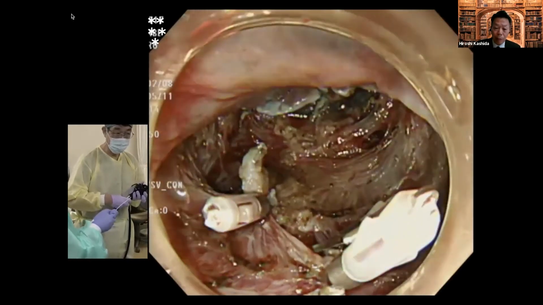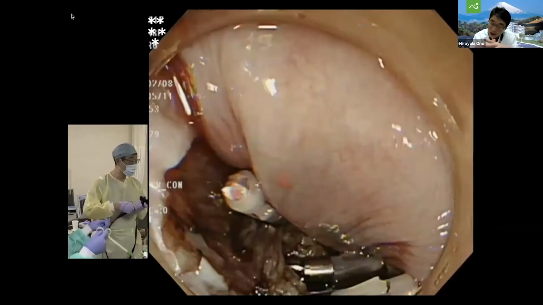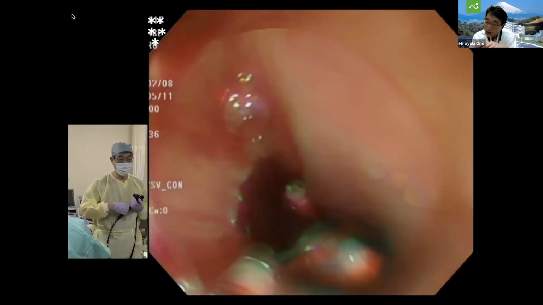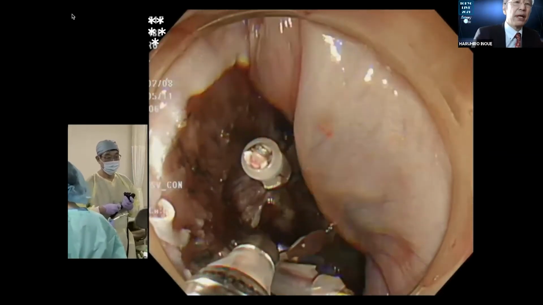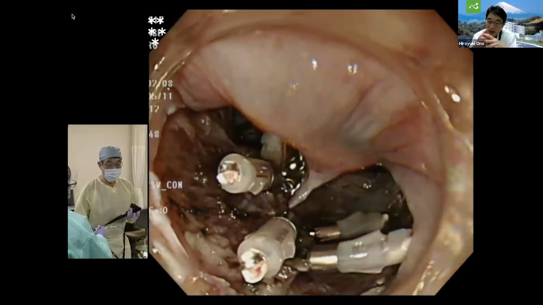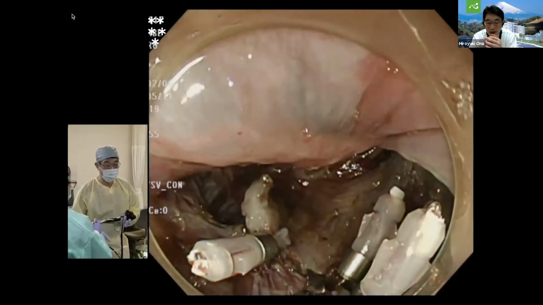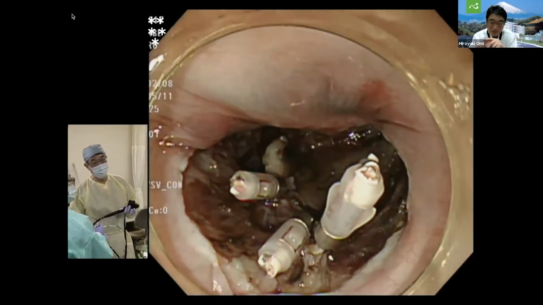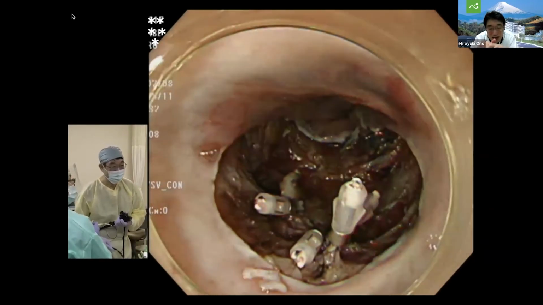Maybe. I'm not sure, but if we suture the whole one, stenosis occurs. How about Professor Inoue? Yeah, so if we close this together with mucosa, it may cause stenosis in this area. So maybe it's better to suture only the perforation hole. So 3 of 4 clips is effective. Maybe okay, but